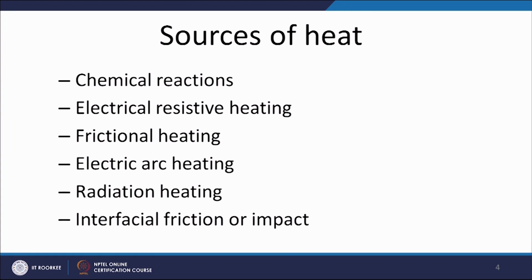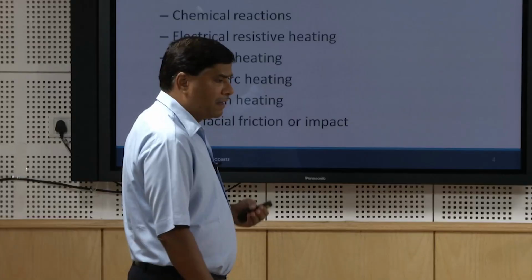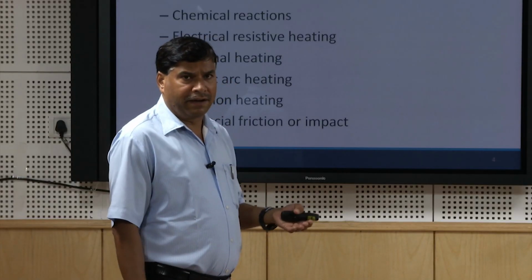So heat can be generated for the welding and joining purposes through different ways, and these are the common sources of heat used for developing or applying the heat during the joining process. One is chemical reactions. Chemical reactions basically involve the chemical interactions between gases like a fuel gas and oxygen, or between oxides and reducing agents, like aluminum oxide or iron oxide,